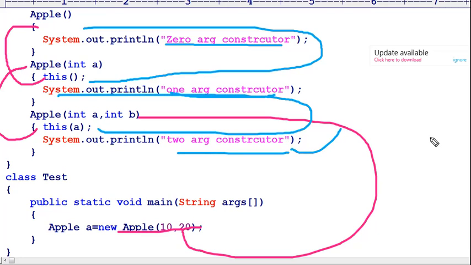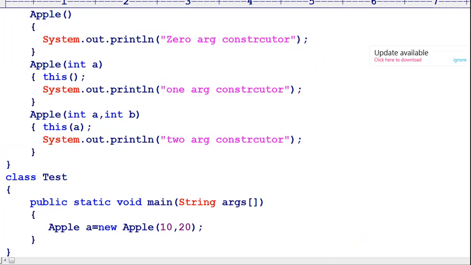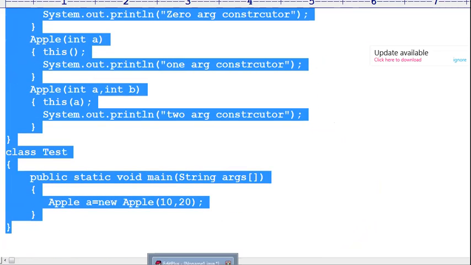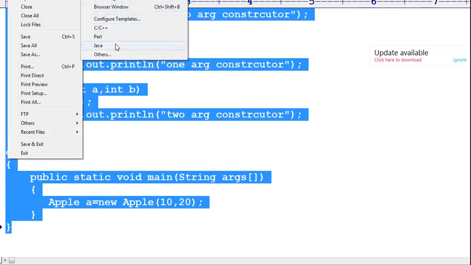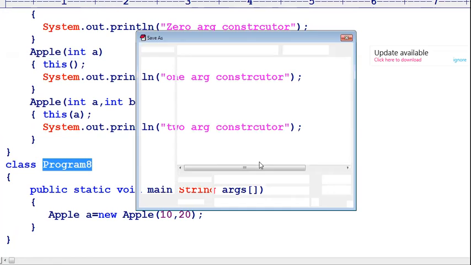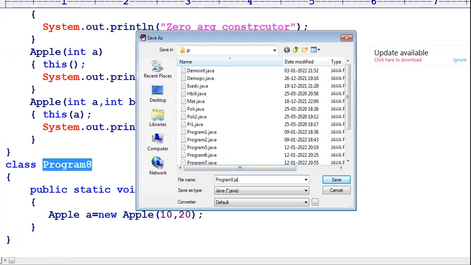This is a small approach where we are doing the programs by using the this keyword to invoke the constructors. Let us execute this small program for a clear understanding for all the students. I am saving the program as Program 8. Now I choose the new file. So here I want to create the class name as Program 8, and I am saving the same program in my working directory, as Program8.java.